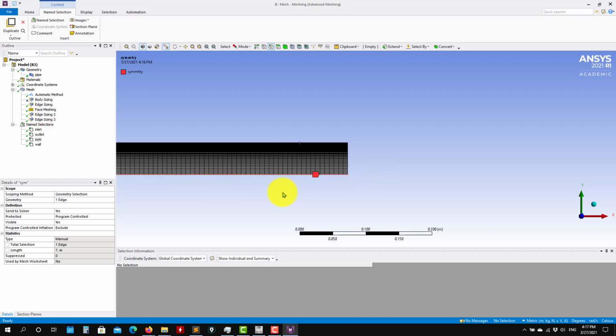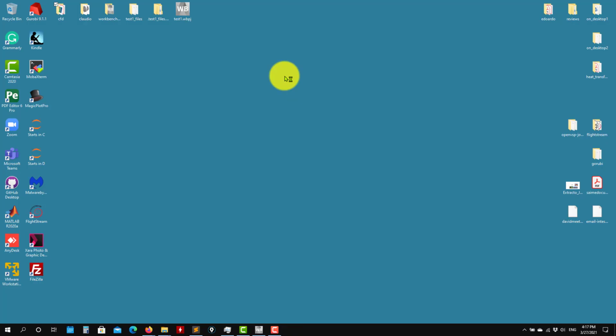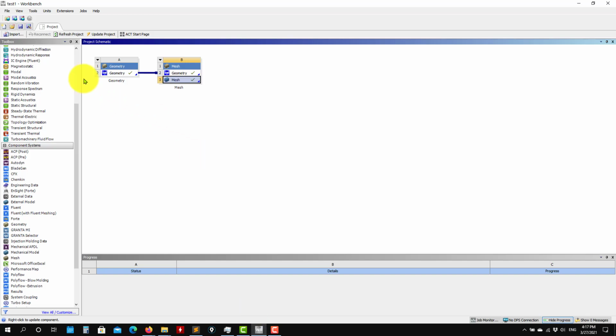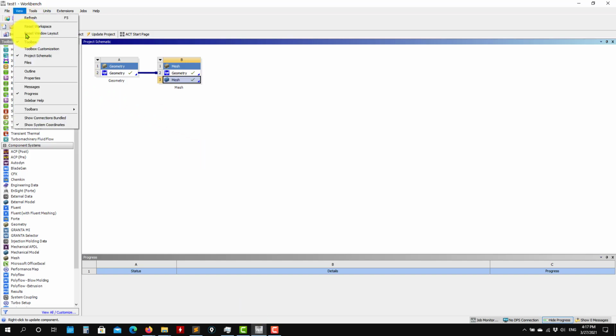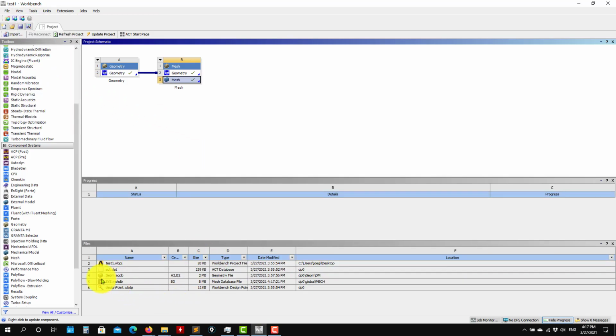So this is it. This is the mesh. So again, you go here. Now you close. It will save the mesh. So you go back here. Remember view. Well, you can leave it here. See that now you have a new file here. This is the mesh. But this mesh is in Ansys Meshing format. So you need to convert it to Fluent. So now you need to connect this mesh to Fluent. So as you go like this,